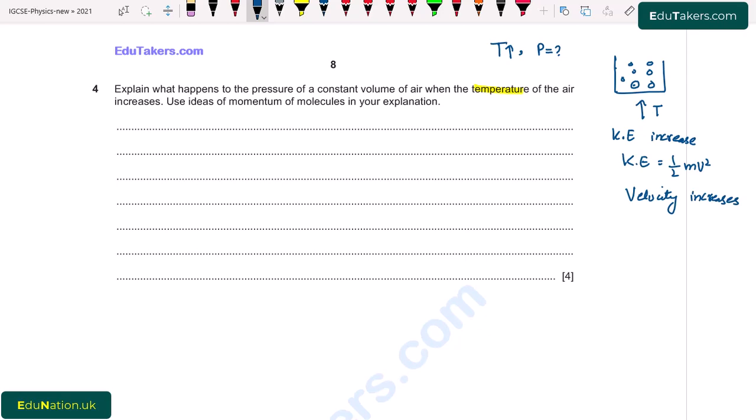When kinetic energy of these molecules increases, then they collide with each other and also with the wall of container very rapidly. And when they collide with the wall of this container, they come back in the opposite direction. So there will be the change in momentum. Because the direction change is involved here, there will be the change in momentum, and more change in momentum occurs there because of the increase in kinetic energy. So more change in momentum.